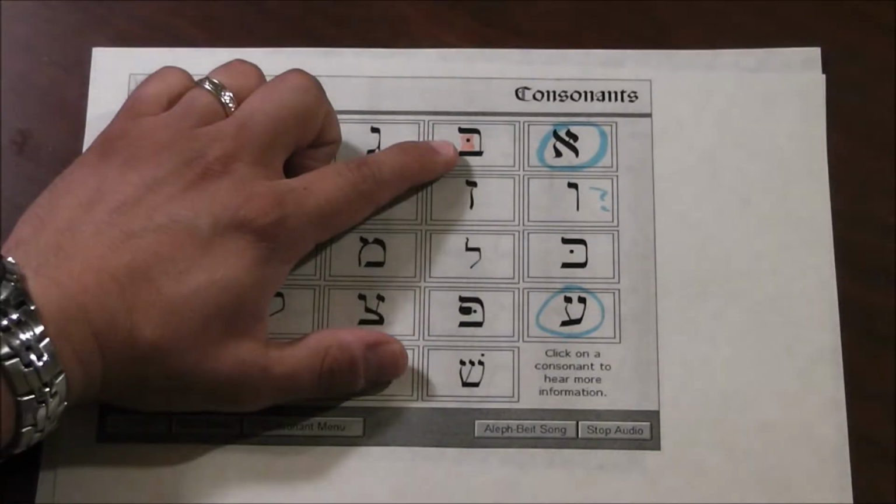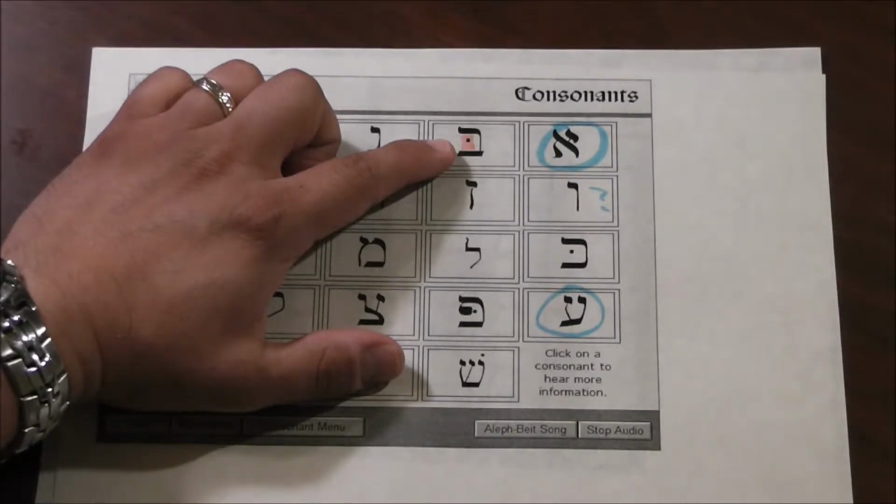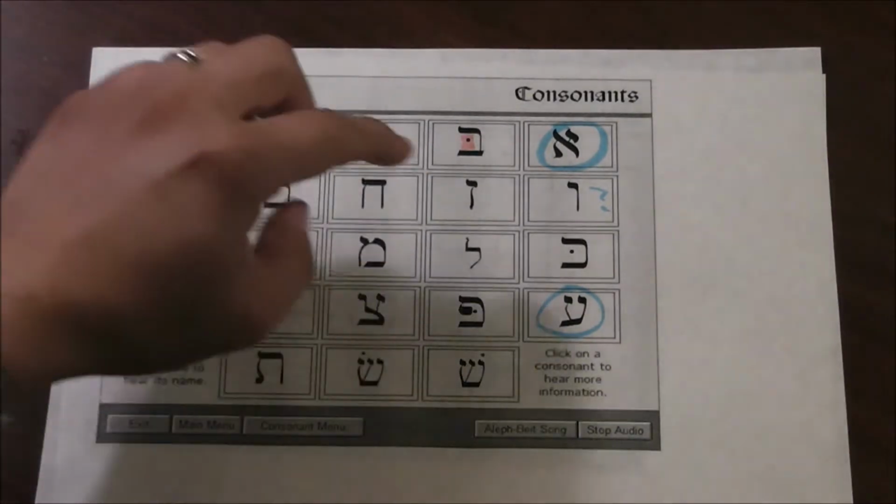For instance, the letter bait here, if it has the dagesh, it makes the B sound. If it does not have the dagesh, it makes the V sound. You know, like V. So with dagesh goes B, without dagesh goes V. So that's a little bit tricky. Same here